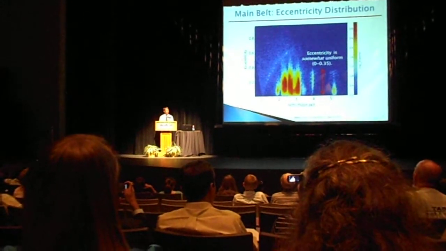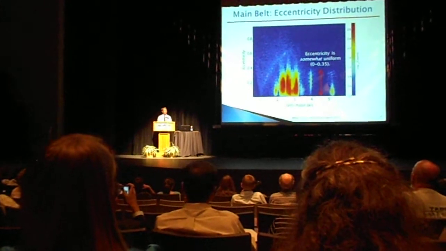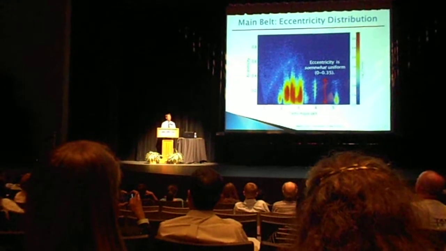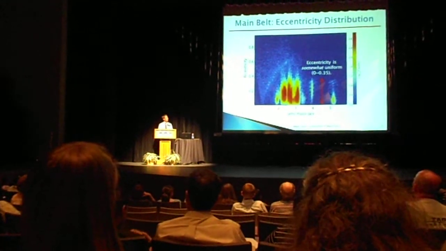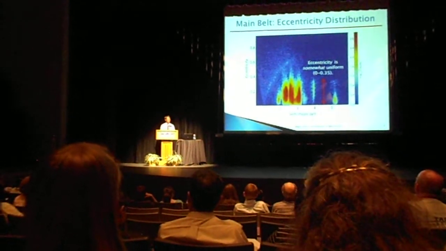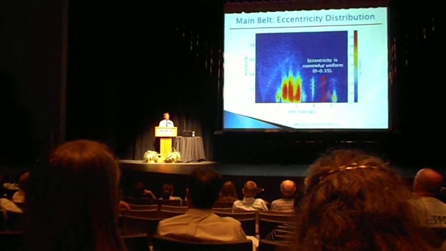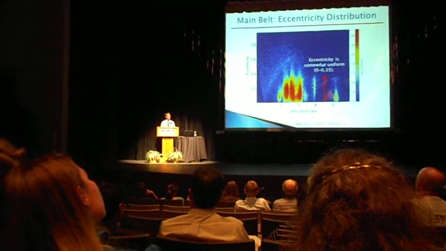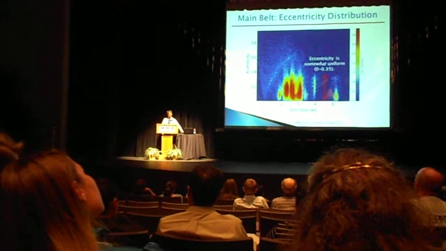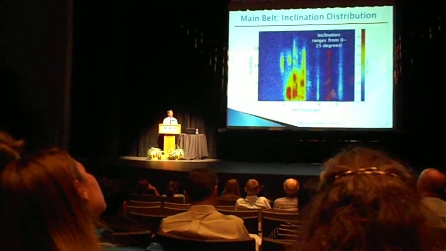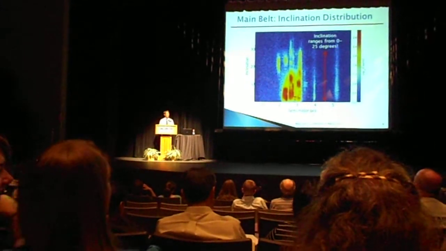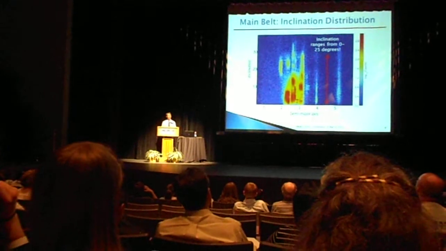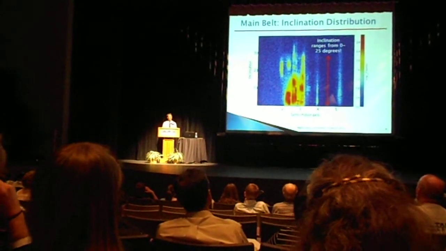And as an aside study of this project, I've actually done a brief look into the distribution of mass as well as orbital elements within the main belt. So presented here is a 2-dimensional histogram showing semi-major axis and eccentricity. And although it varies from 0 to 0.35, it can actually be considered fairly uniform. However, when we now look into the orbital inclination of the asteroid within the main belt, we can see that it ranges anywhere from 0 to 25 degrees,